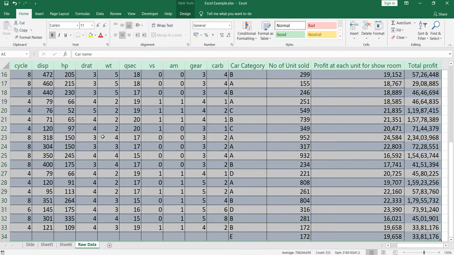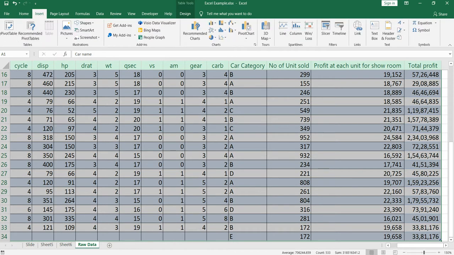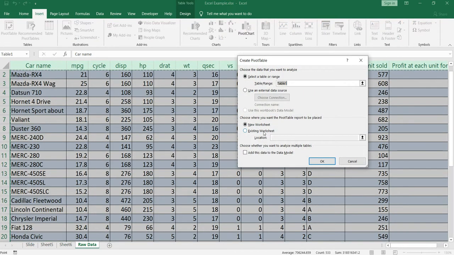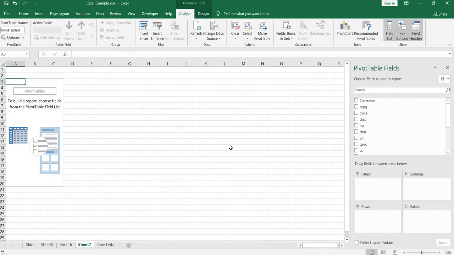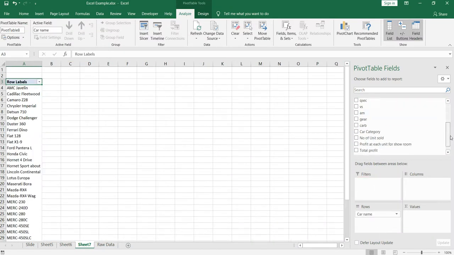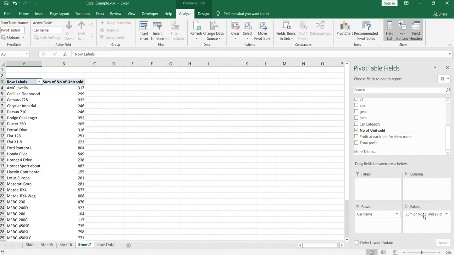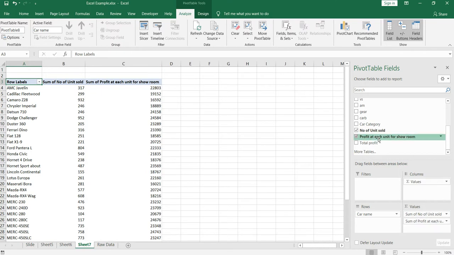The same functionality you want to give the user: the flexibility to select multiple car categories and then see the number of units sold, right? So what we'll do is we will again create a new pivot table. Okay, I'll choose a new sheet for it, then I'll select car name, then I'll select number of units sold for that car, the profit made by each showroom and the total profit.